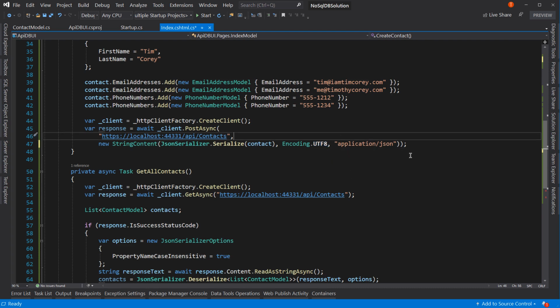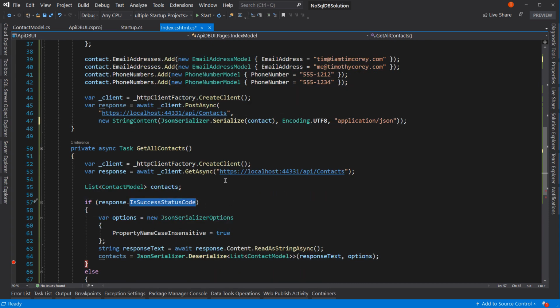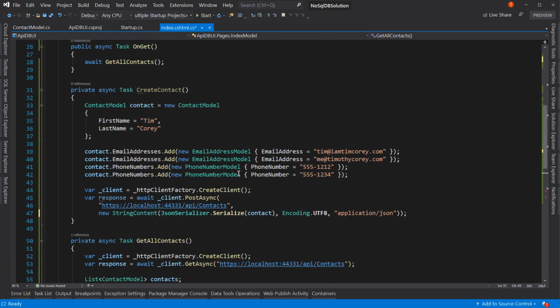It's kind of like the nvarchar for our SQL. So this is going to take our object and convert it to text, JSON specifically, and it's going to post that to this URL. And then we'll just await the response. Now we could do the if statement like down below, if is success status code, do something. There's nothing to do here. We're just going to, let's just do this. Let's call